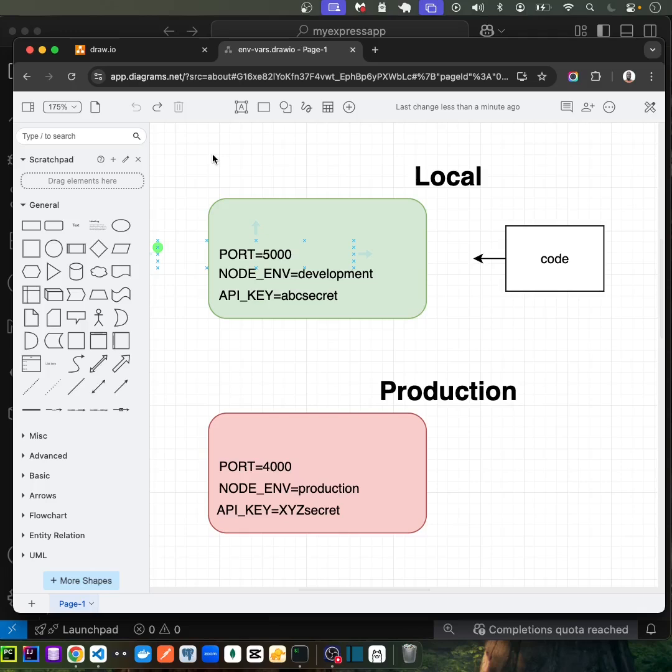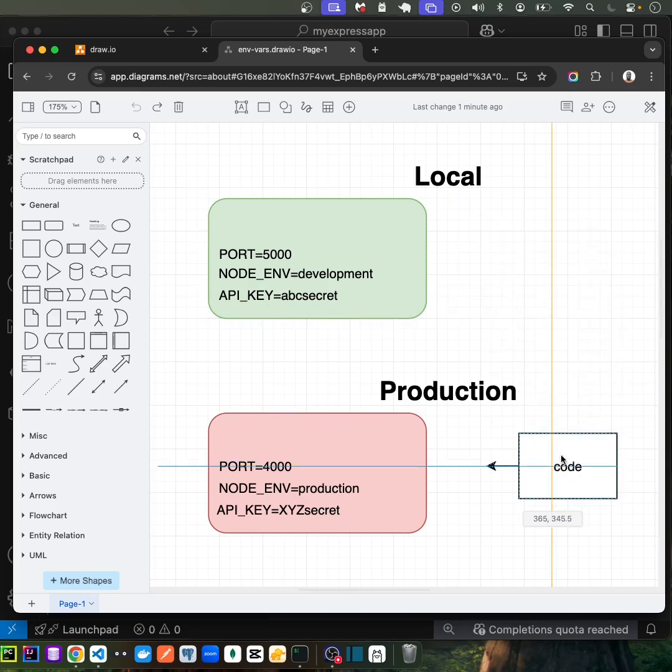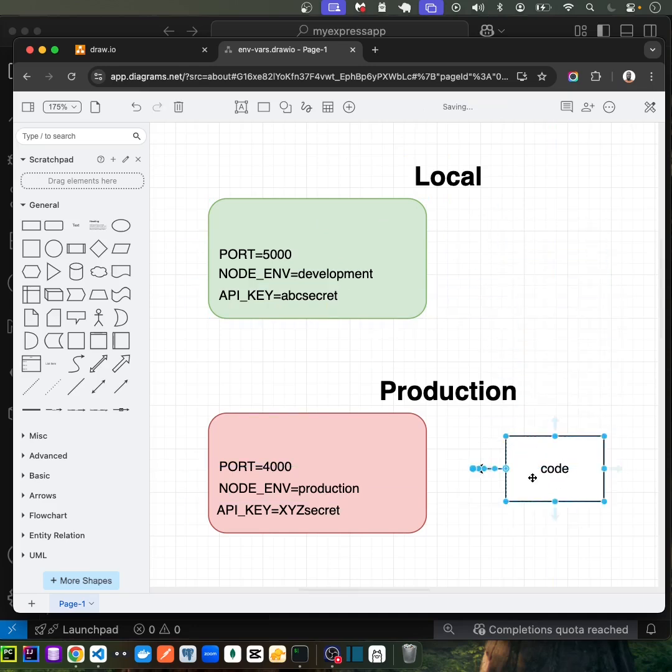Why use environment variables? They let you configure your application from the outside. No hard coding, no code changes across environments. That means we can take our code from local, for example, and put it into production without having to worry about any hard-coded environment variables. If, for example, you hard-code